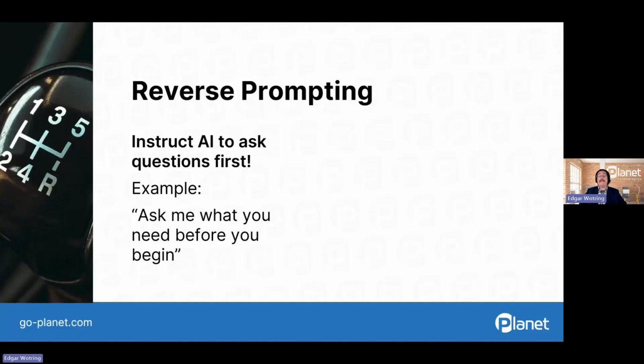When we tell the AI to ask questions of us before getting started, we sort of shift the dynamic. The AI then goes from acting like a tool to acting like a teammate. This can help prevent wrong numbers, missing details, or fabricated information. Think of AI as like an eager intern. Often they would rather just guess what you're seeking to achieve rather than returning to you to bother you and ask for additional information. If the AI, in our example here of reverse prompting, didn't ask for those key details, we can kind of just assume that it sort of made some of that information up.